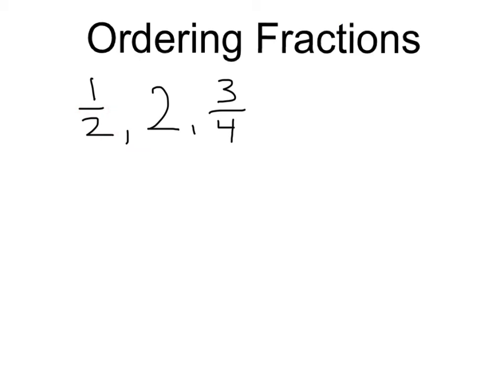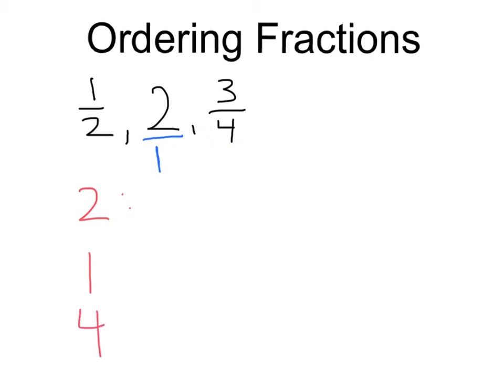Here we have a denominator of 2. Here we have a denominator. Now this is a whole number, so remember, we can rewrite our whole numbers that don't have a denominator as over 1. So here our denominator is 1. And then for our last one, our denominator is